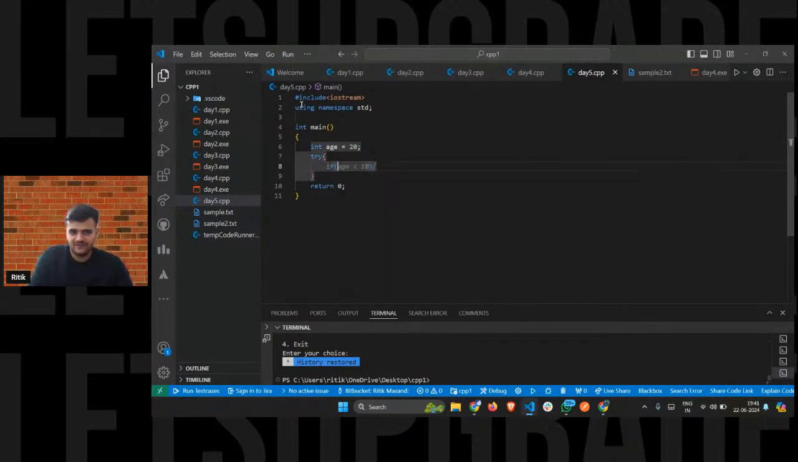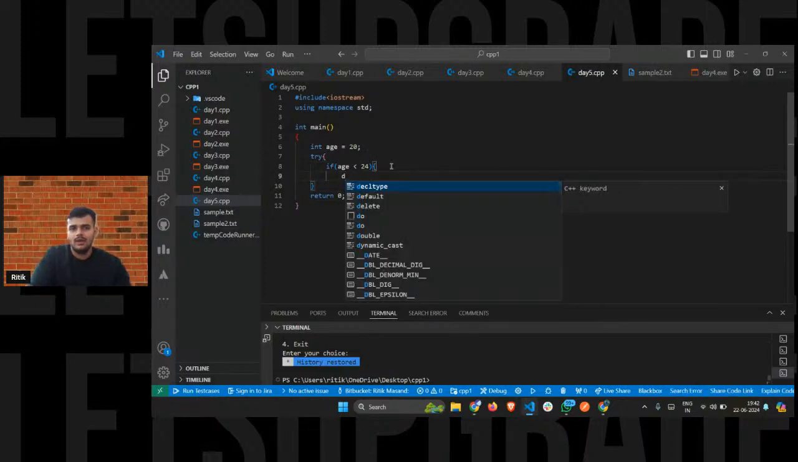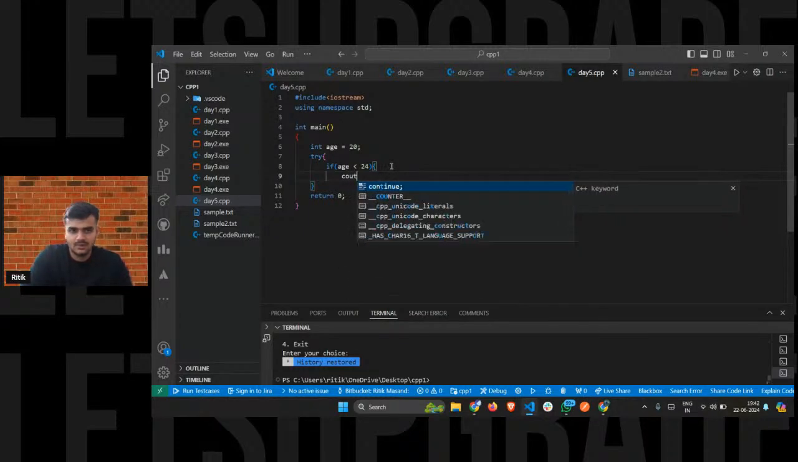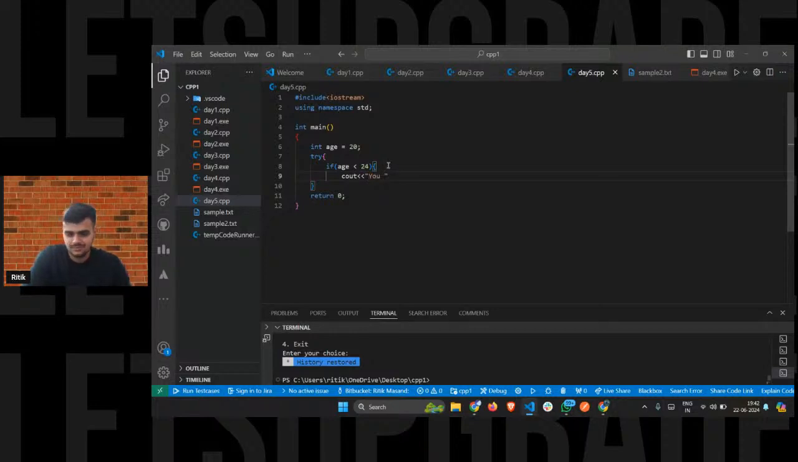I'll say if age is less than 18, or let's give it 24 here. If age is less than 24, right? Now, what do you need to do? Let me give the case of greater than here. I'll give it an else block, right? If age is greater than or equal to 24, I'll say you have the access to apply to DL,